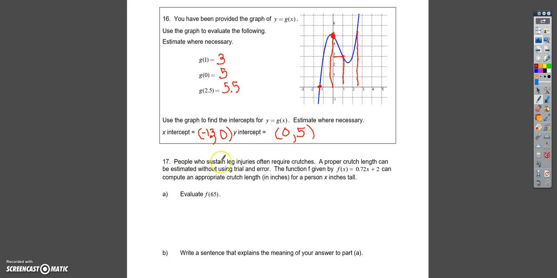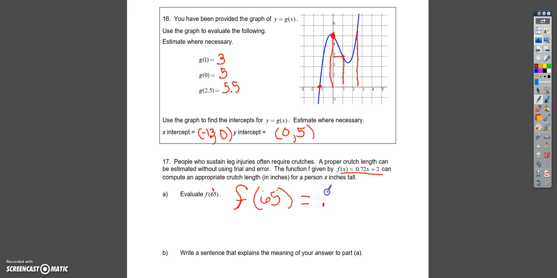17. People who sustain leg injuries often require crutches. A proper crutch length can be estimated without using trial or error. This function can compute an appropriate crutch length for a person x inches tall. So this says evaluate it for 65. So we're trying to find f of 65